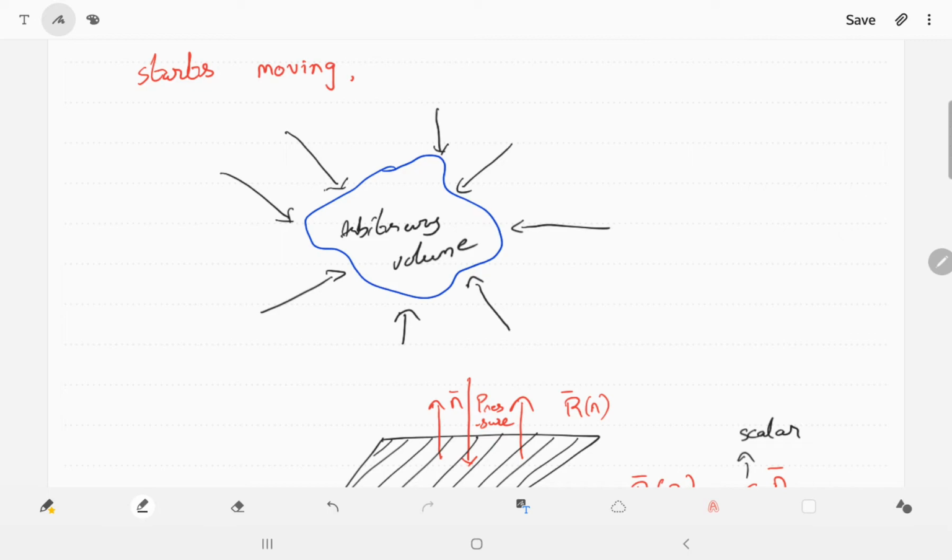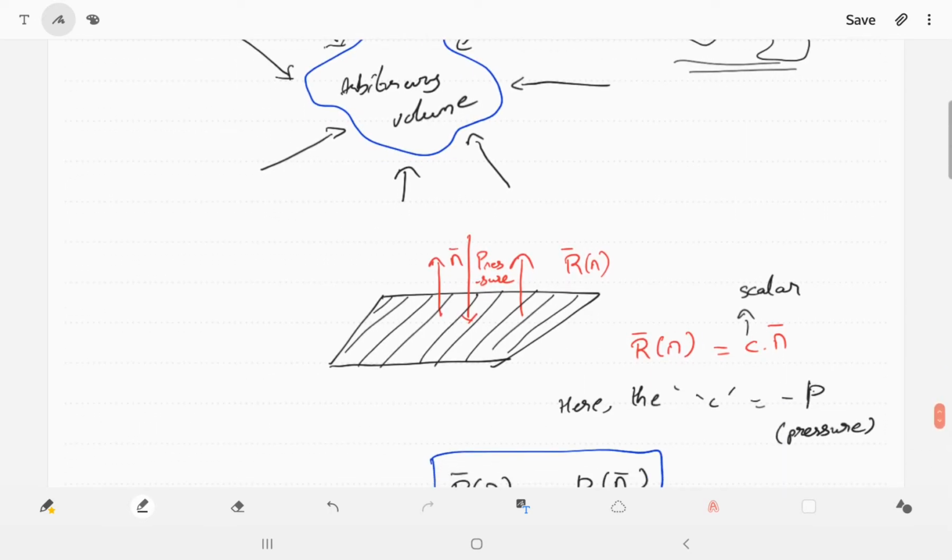Generally, the volume we consider shouldn't be only a cubic or rectangular volume. It can be any volume in any shape. Generally, these are known as arbitrary volumes. But for a reason, we are choosing the cubic volume, so we can calculate the values very accurately.